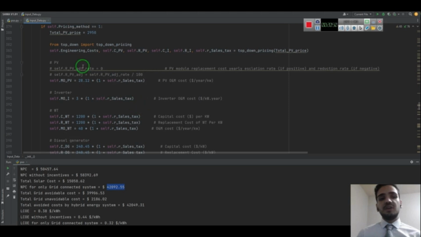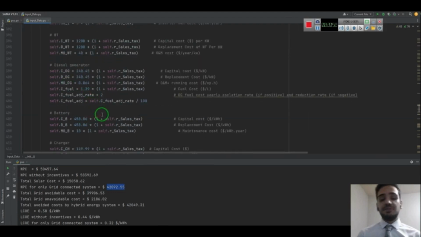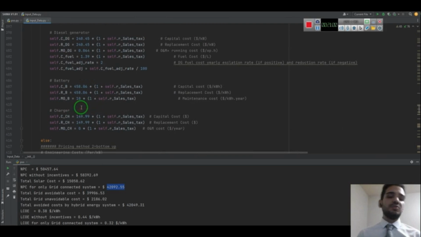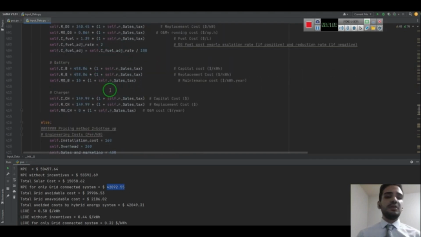For top-down pricing methodology, you still need to define the maintenance and operating costs, and you also still need to define the diesel generator cost and battery cost. But you don't need to deal with the PV system cost and inverter cost. So we use this value that I defined here. It's similar to the values defined in the paper.